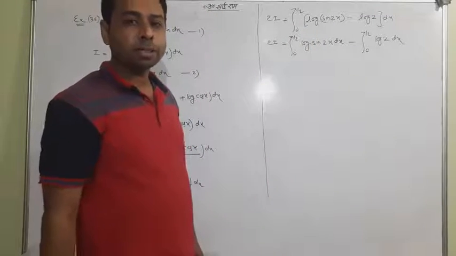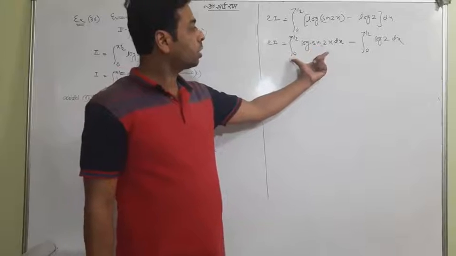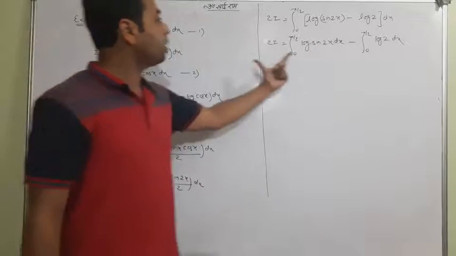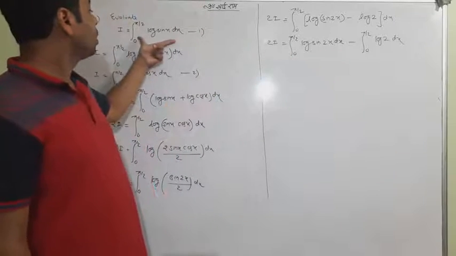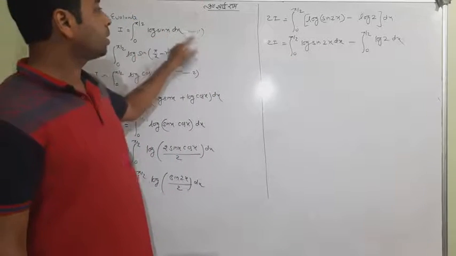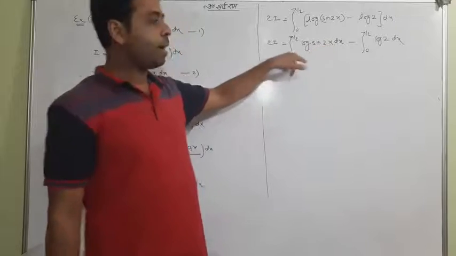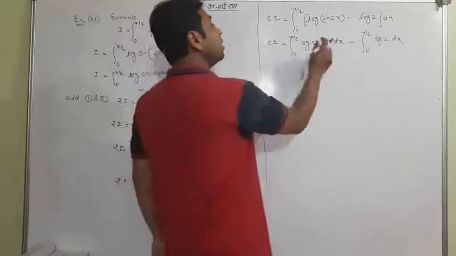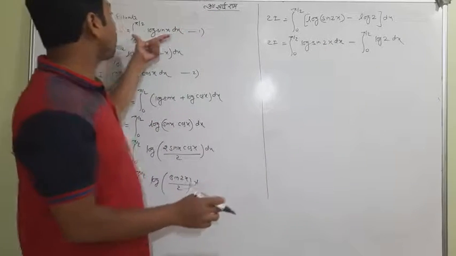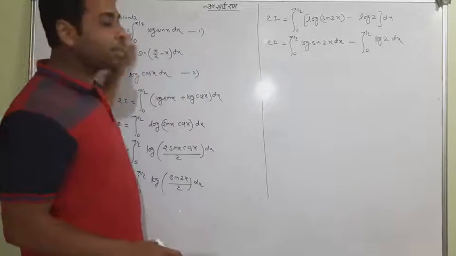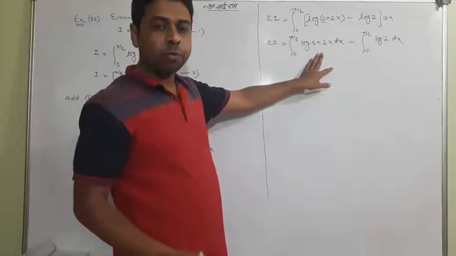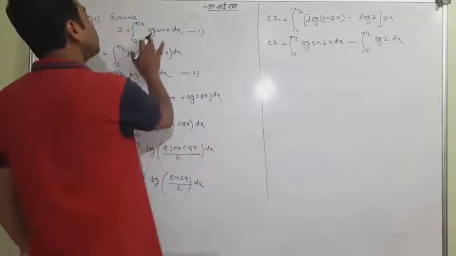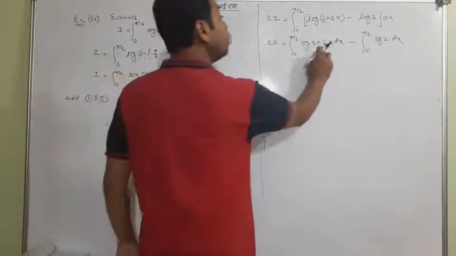The interesting part is coming right now: this portion is now actually very near to this. Can you see? This is log sin x, this is log sin 2x, and the limit is the same. So this is not equal to this part which can be written as I, but this is actually not the same. We will try to make it the same. It is log sin x only, it is log sin 2x.